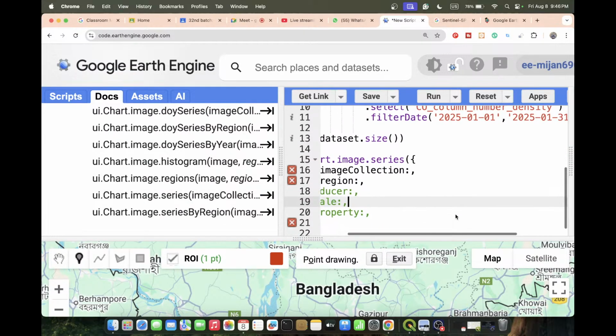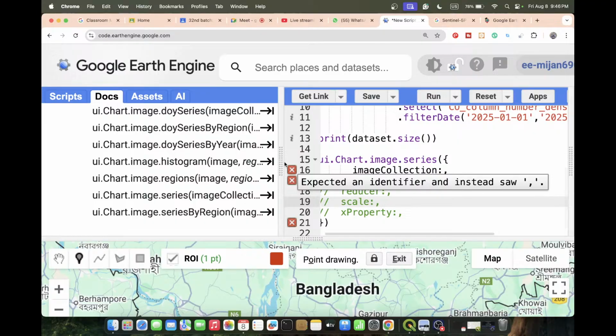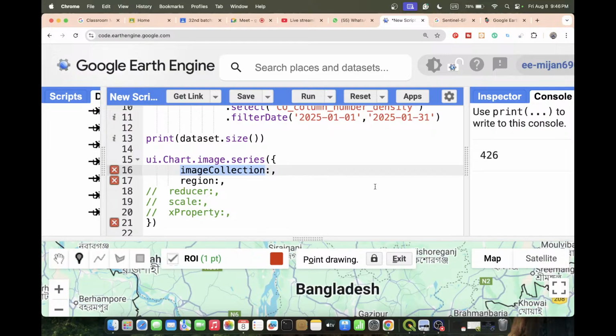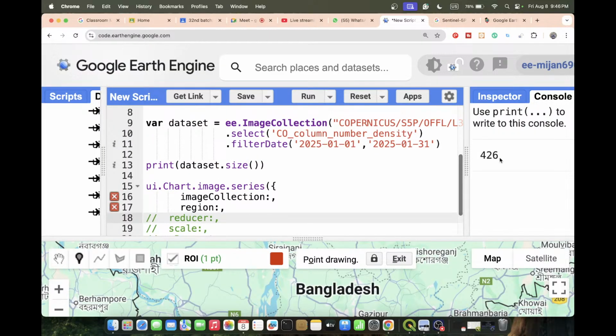First of all, you can see what the first argument is. The first argument is the image collection, basically how many images you want to use. In this case, I want to use the 426 images in the month of January 2025. This is my image collection, and it is stored in a variable. The variable name is dataset. Just copy the dataset